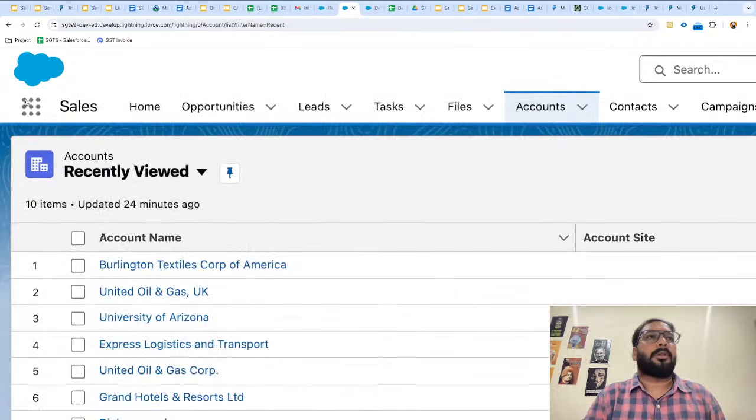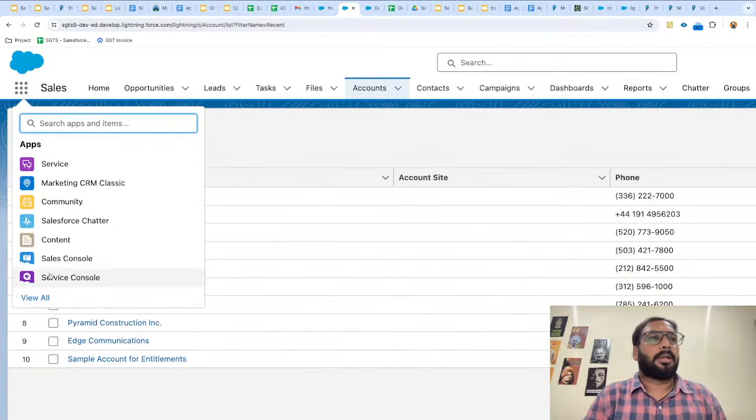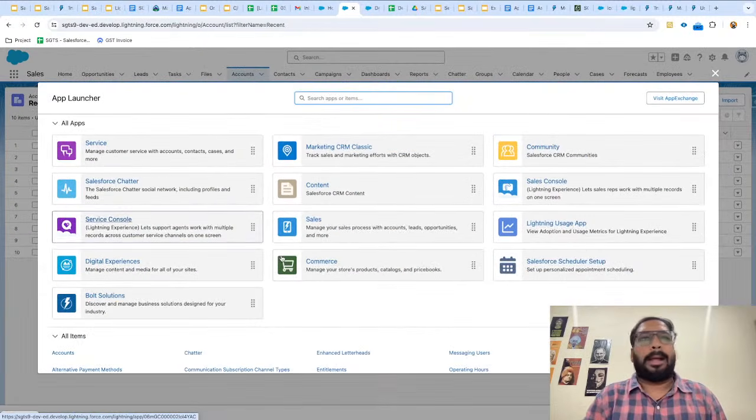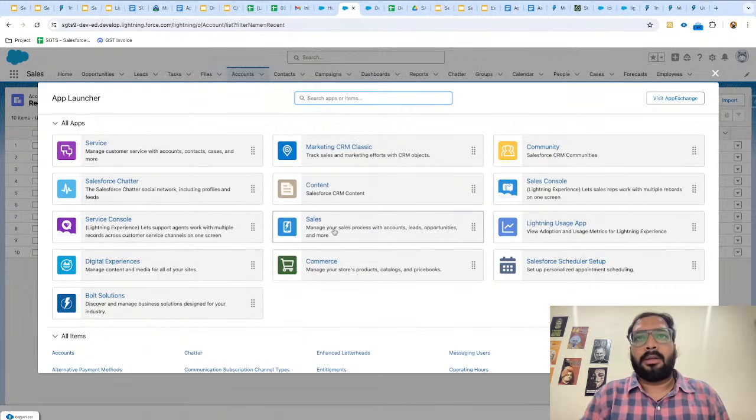On the top left corner, we have this app launcher. If you click on this app launcher, just click on view all, where you will be able to find applications. Here we have two applications. In the center, you can see we have sales application. This sales application is basically the standard navigation sales application.